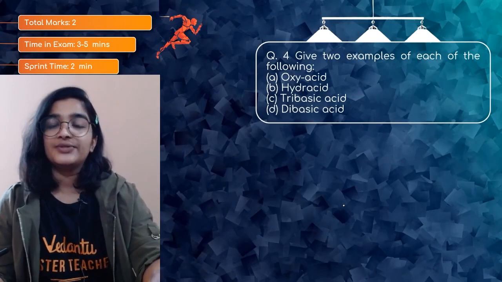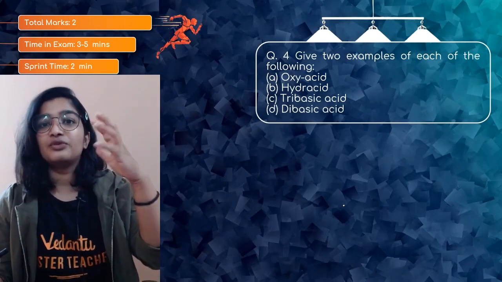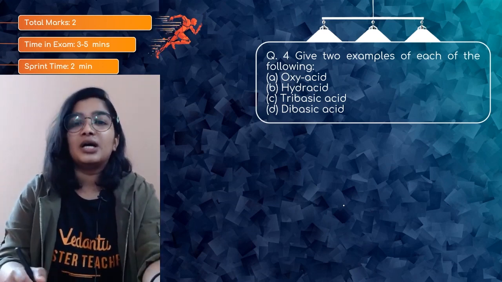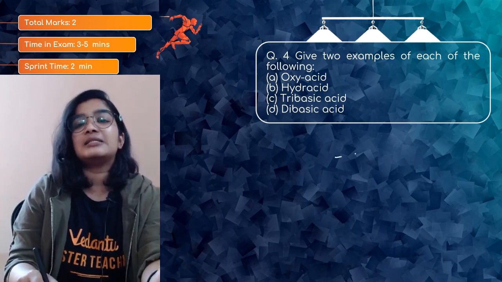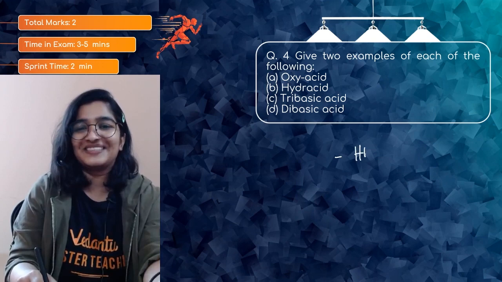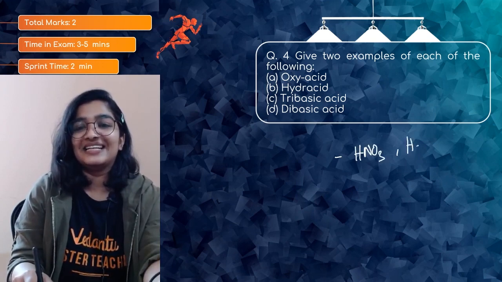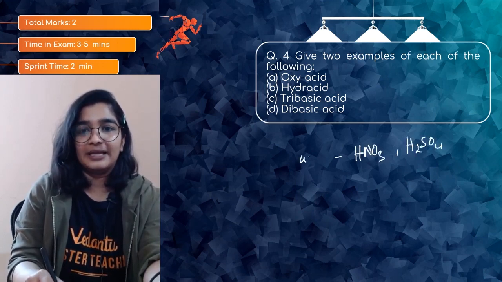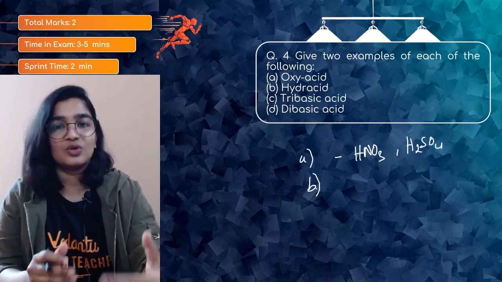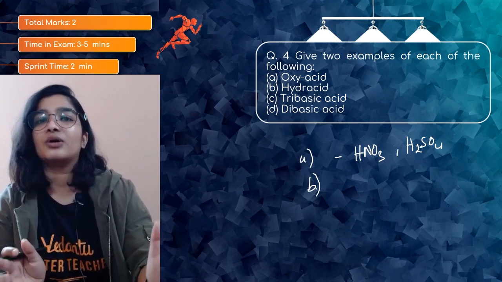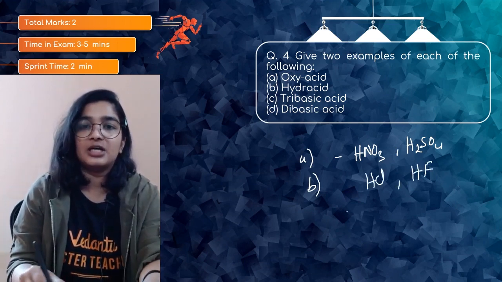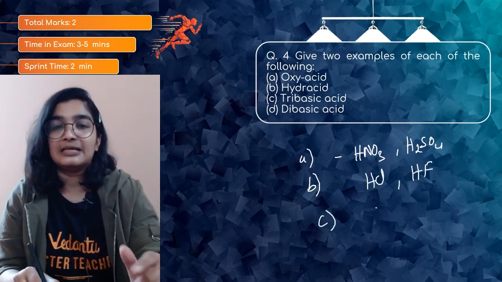Question number 4 is, give 2 examples of each of the following. Okay, so 2 marks. Oxy acid is one which contains hydrogen and oxygen, like HNO3, H2SO4. Okay, A. B is hydracids. The acids which contain hydrogen obviously, but no oxygen atoms. So HCl, HF. Okay. Tribasic acid,